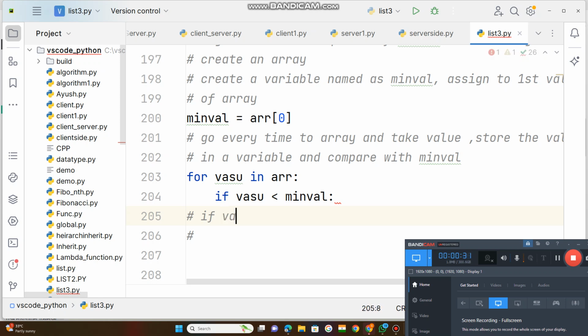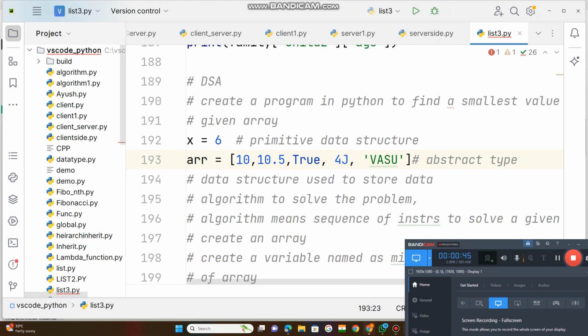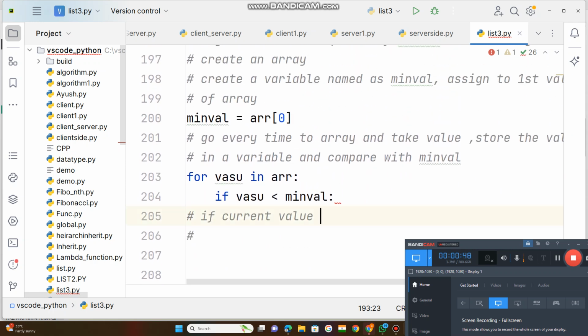Okay, if current value. Why current value? Because every time the loop goes, whenever it goes here, that becomes the current value. If the loop visits this value, that becomes the current value. So if current value is less than, we write this one, less than, where is that, this is that. So if current value is less than min value,